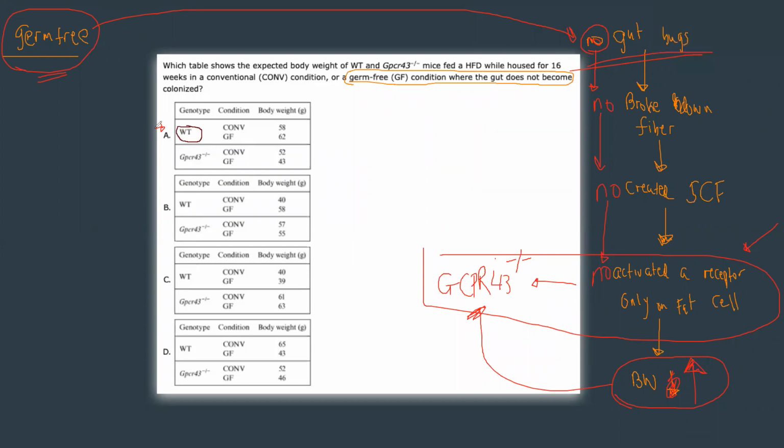And then in the very first one, our body weight for the germ-free environment went up, which is parallel to what we've been saying. So you're comparing the two, so you're only comparing these two to each other, right? Yes. Okay, great. So is that true or not true? Did we expect that? Yes. Okay, cool, perfect. And then what are you going to check next?